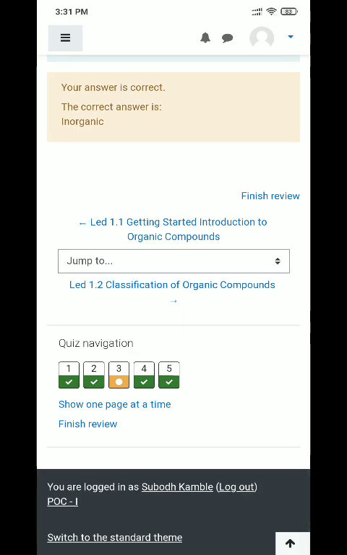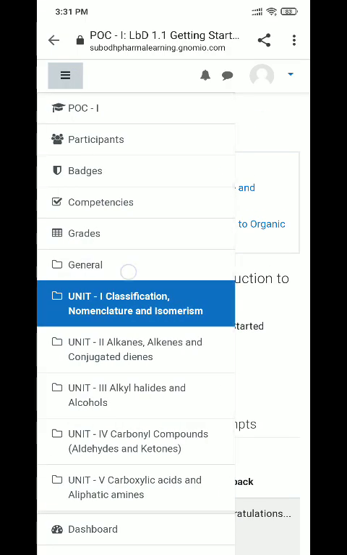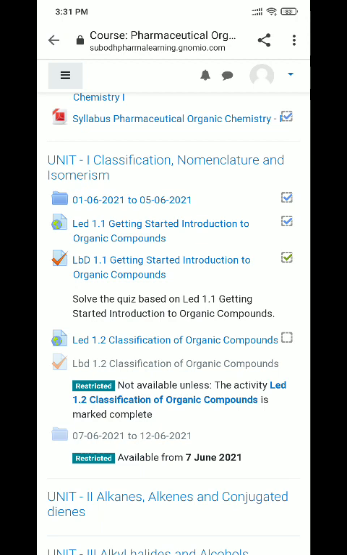Then you can continue to finish review, or you can go to the next activity, that is LED 1.2. Likewise, you have to complete all your activities and complete the course.